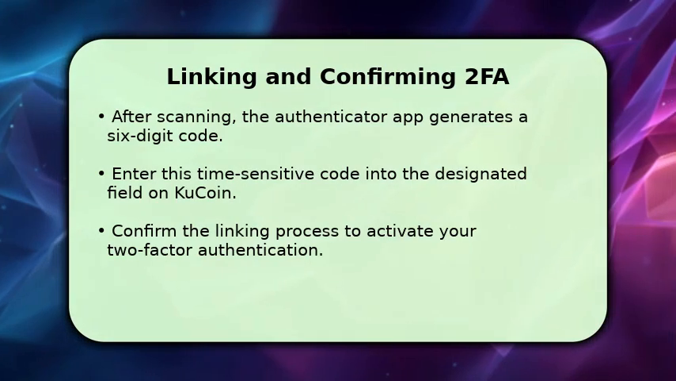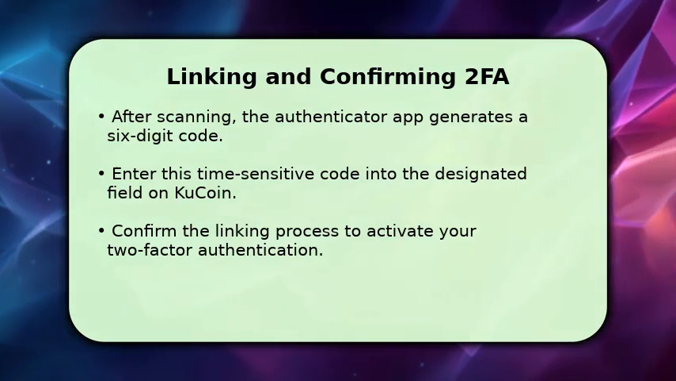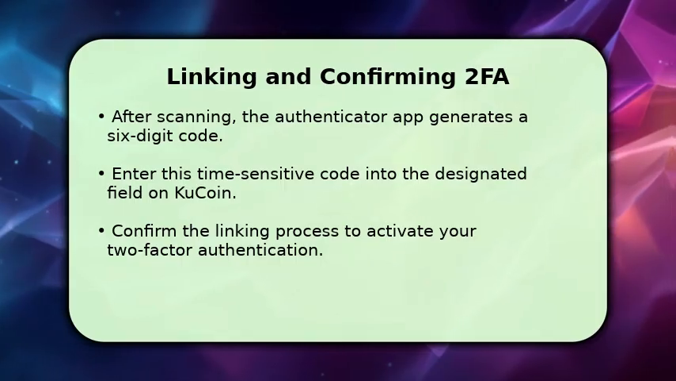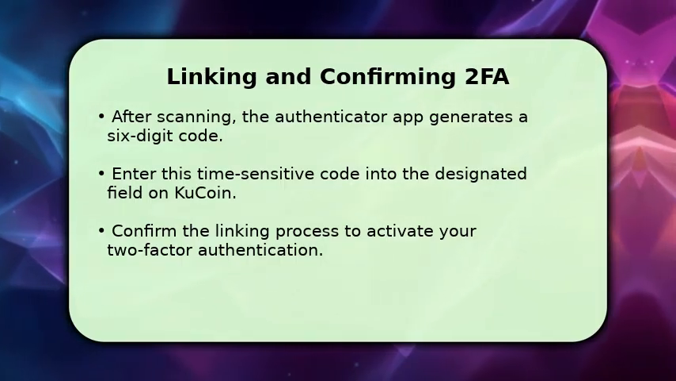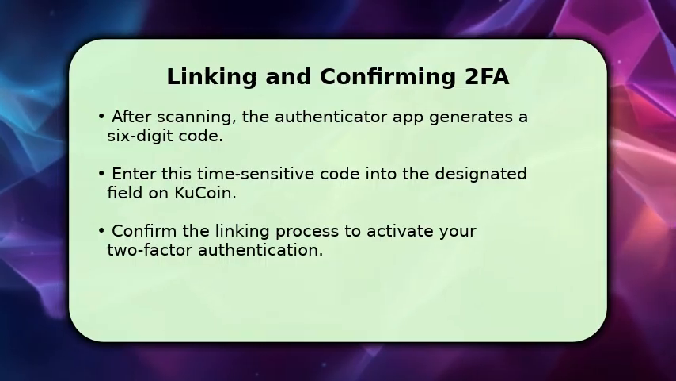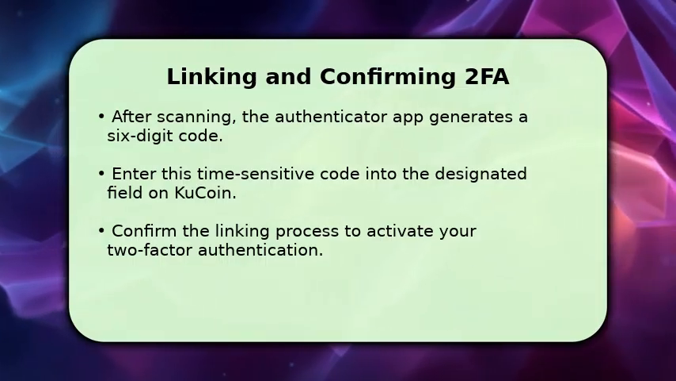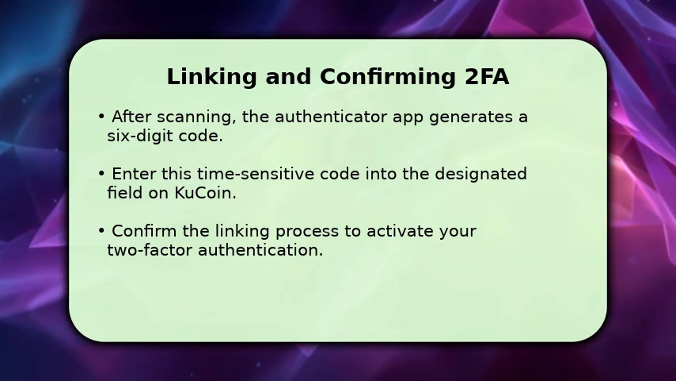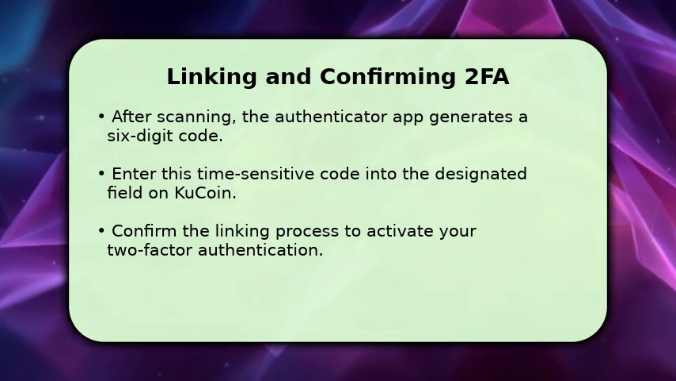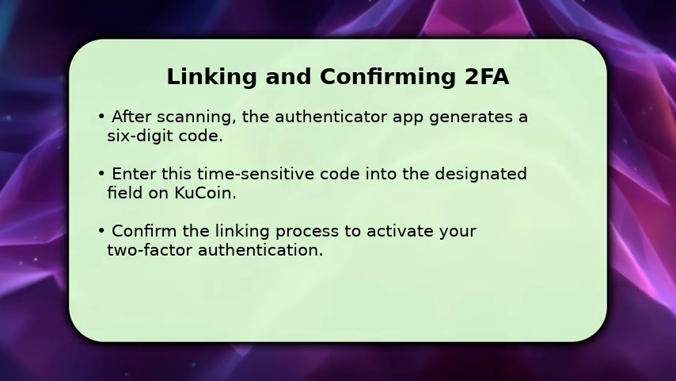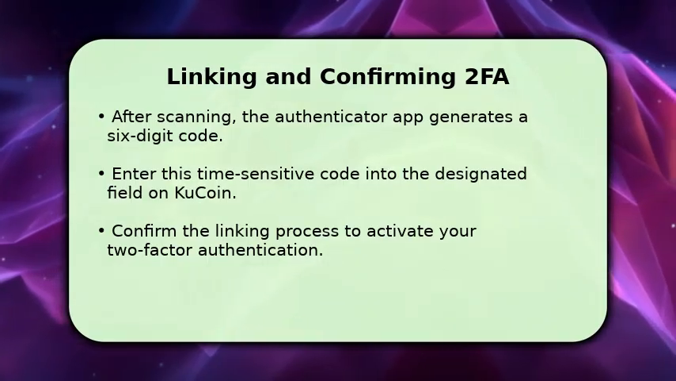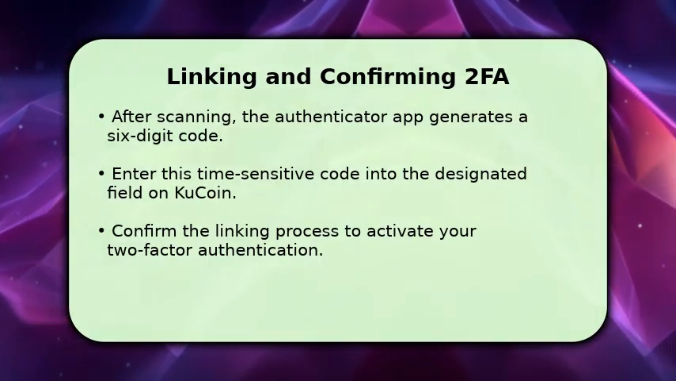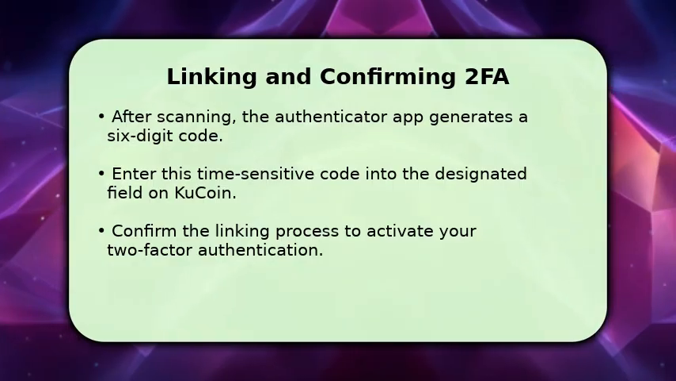Once your Authenticator app is linked, it will immediately begin generating a new 6-digit verification code every 30 seconds. Return to your KuCoin security settings page and carefully enter the current 6-digit code displayed in your Authenticator app into the designated field. After entering the code, click the Activate or Confirm button to finalize the two-factor authentication setup for